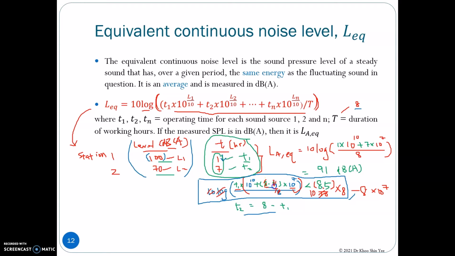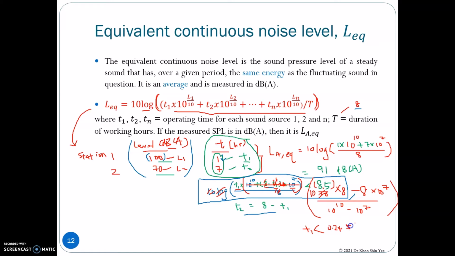So this will change to 1. And then you have T1 multiplied with 10 to the power of 10. After you extract the T1, then you only obtain minus 10 to the power of 7 here. We move this term to the right hand side, then you need to divide it with 10 to the power of 10 minus 10 to the power of 7. Let's compute this. After the computation, you should obtain T1